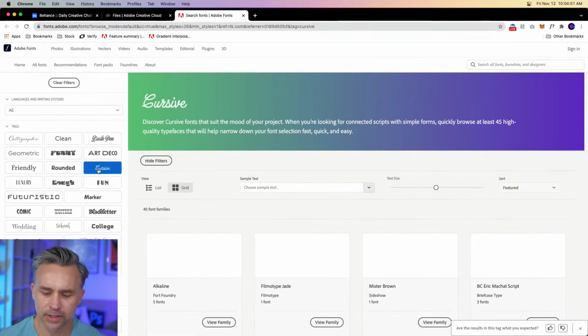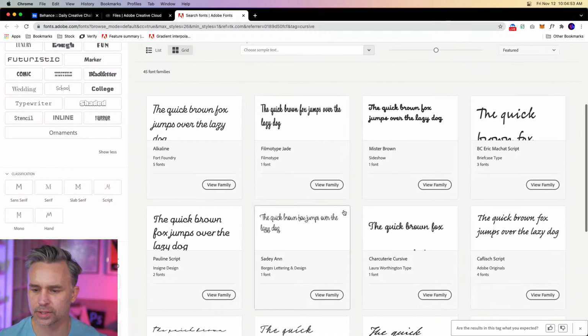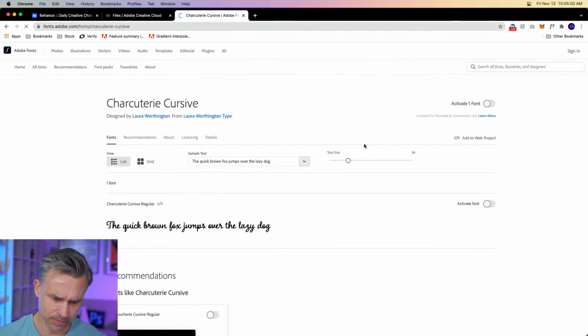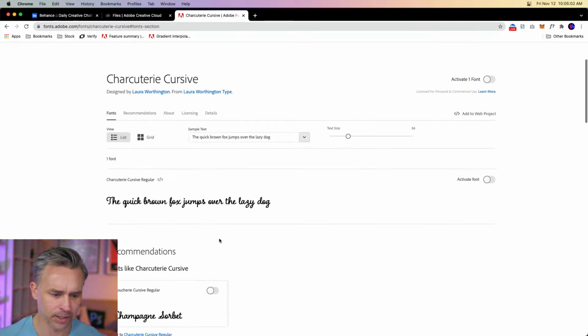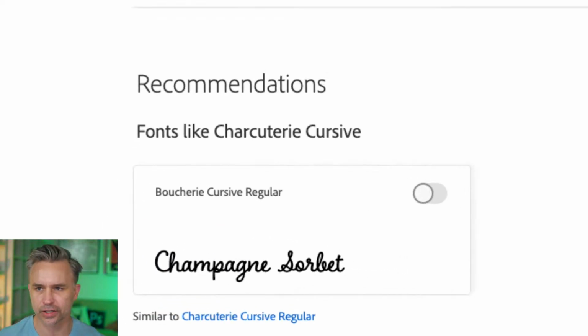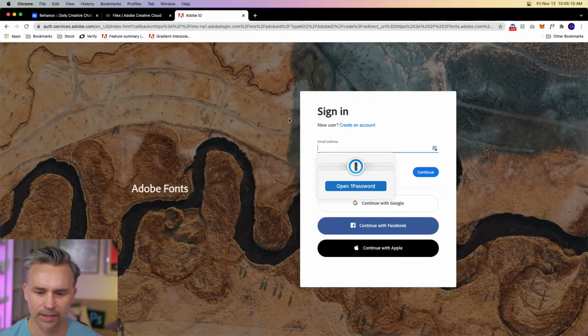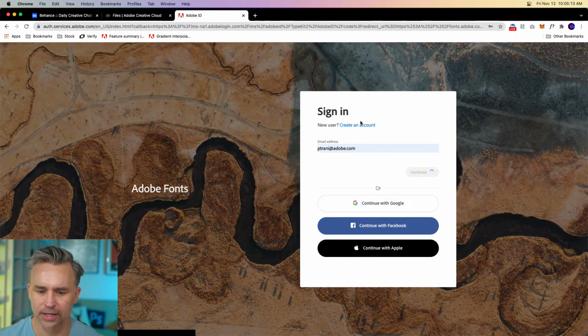We could have as much fun with this as we want. So we could jump into, say, cursive fonts, for instance. This charcuterie. Hey, why not? Viewing that family, it gives you recommendations, so fonts that are similar to the one you're currently looking at. And again, from there, I can activate that font. Oh, shoot, I gotta sign in. That happens.